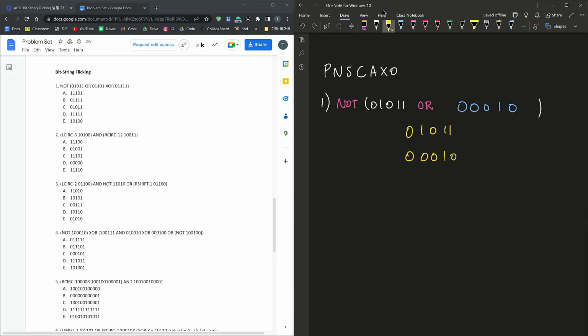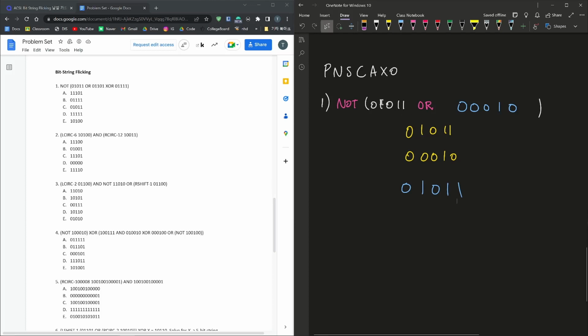We know what OR is. If at least one of the 2 digits is a 1, then it outputs 1. Both are 0, 0. At least one is 1. Okay, 1. Both are 0. We get a 0. Both are 1. So that's a 1 because at least 1 is 1. At least 1 is 1 in the last digit as well. So